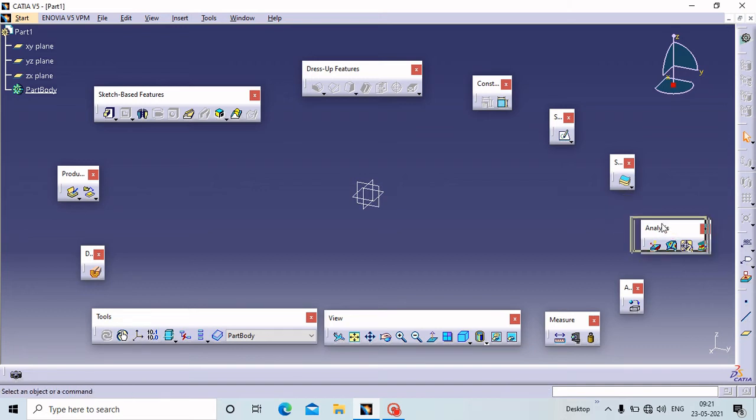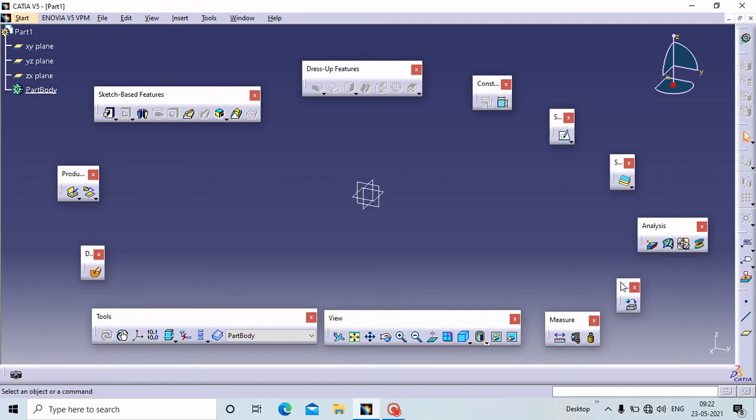Next is analysis. This command is used as the Draft Analysis command. By using this you can check the draft of your particular part. Is there any positive draft, is there any negative draft? By using this Analysis toolbar and the Draft Analysis command, you can check it.